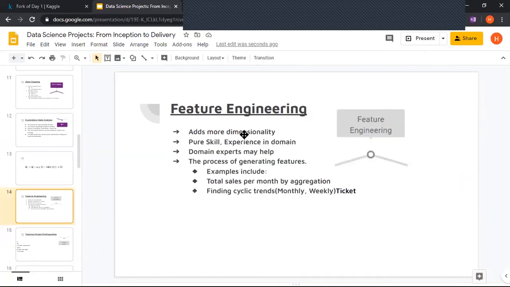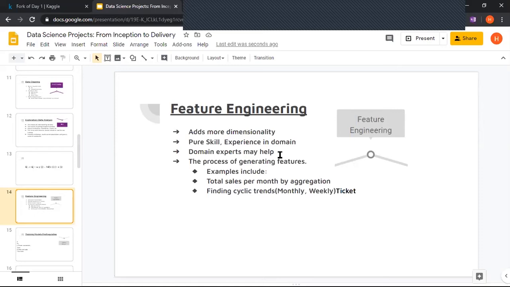What feature engineering does is it adds more dimensionality. What's dimensionality? That is again the number of columns that we have, the number of dimensions we have. Those are the number of parameters that we are sending for training example. Again, to say it again, a training example is analogous to a single row in your table. That's a single example that we provide our model to learn.